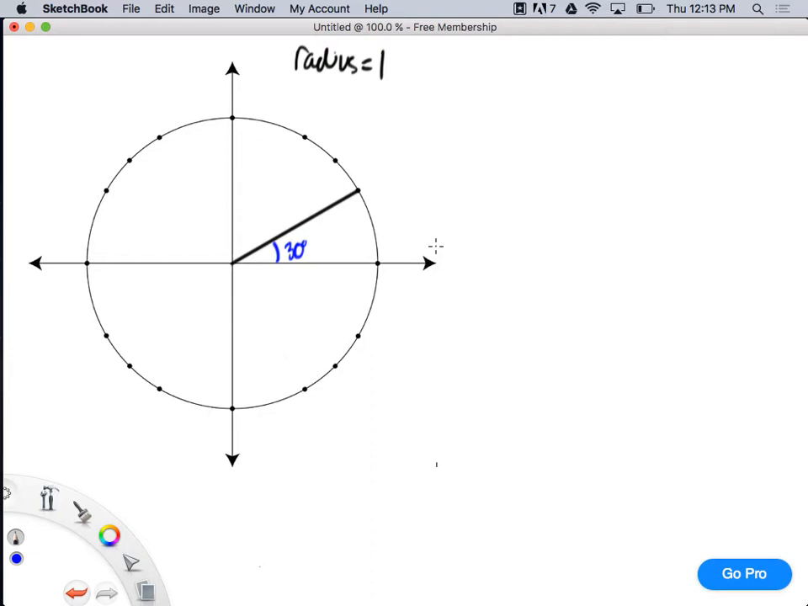All right. So what we're going to do right now is we're going to figure out the location of this point. All right? We're going to find the location of this point. But in order to find the location of this point, we're going to use